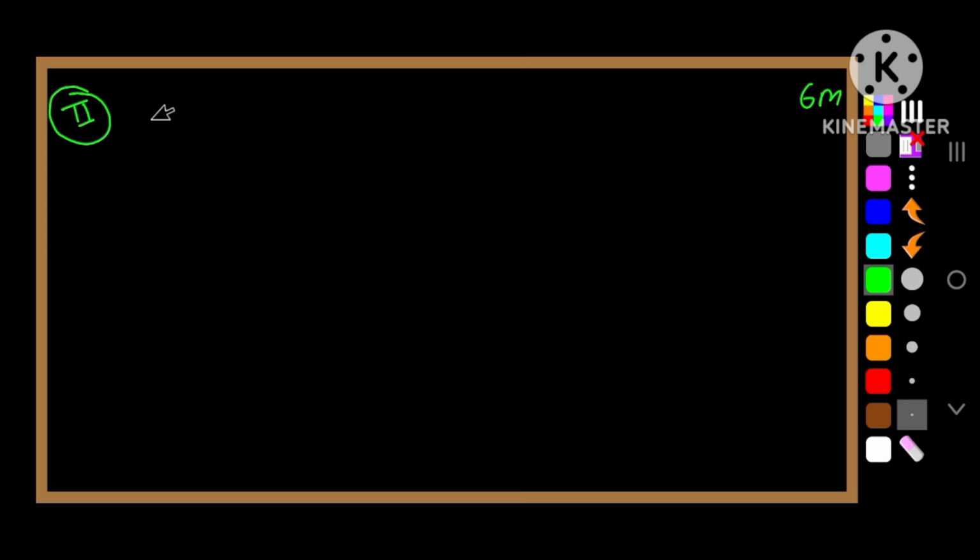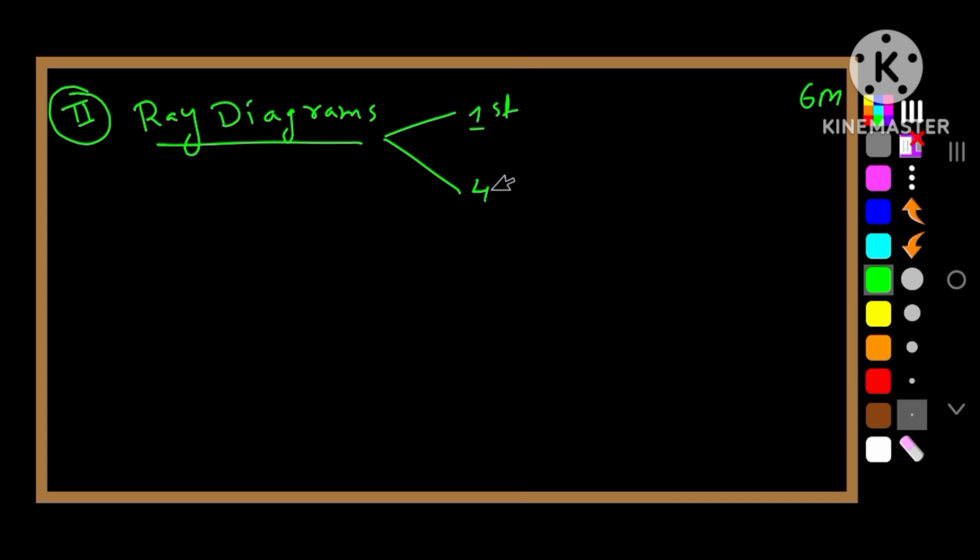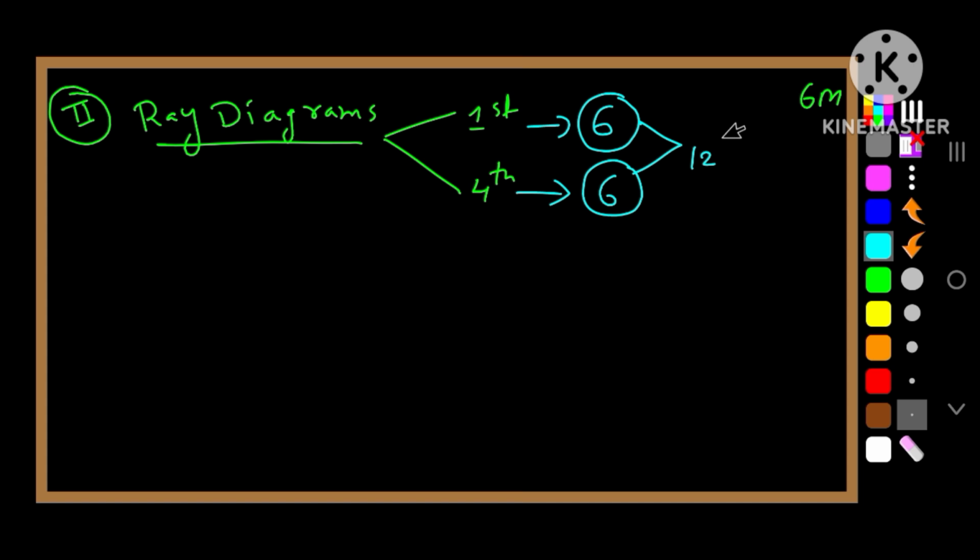One more thing which I have observed is that in most of the papers he is asking ray diagrams, and if you go through, the ray diagrams are in first chapter and fourth chapter. So how many ray diagrams are there? There are 6 ray diagrams in first chapter. Similarly, in fourth chapter you are having 6. Simply you have to go through these 12 ray diagrams so that you may get